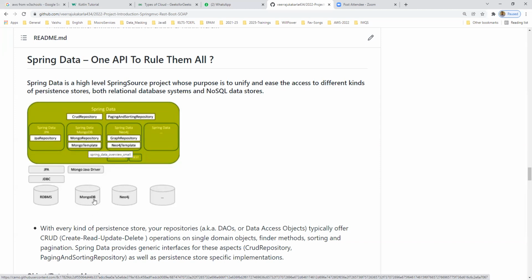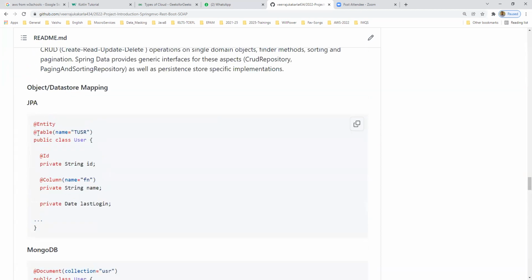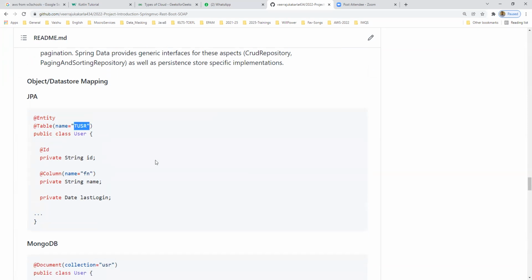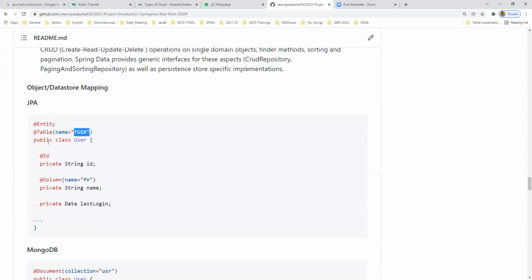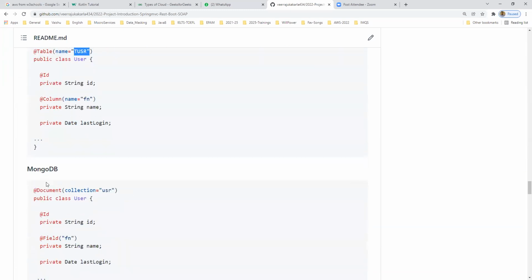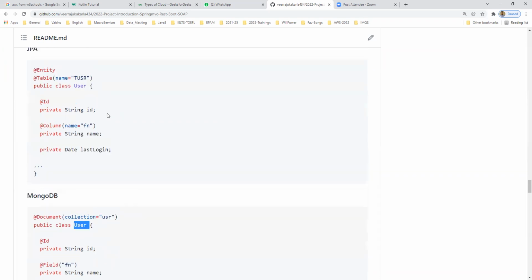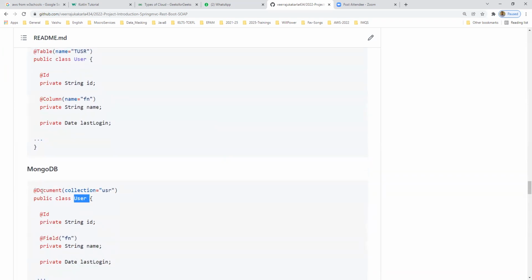We know that with SQL, we have a JPA entity, and the table is there, and the name of the table we can give like this. If it is MongoDB, there is a little difference in terminology, but the remaining are the same. In MongoDB we call it a document, and a document is nothing but a record. So at the rate Document, and we can call it a user entity or user document. Here we call it an entity, here we call it a document.